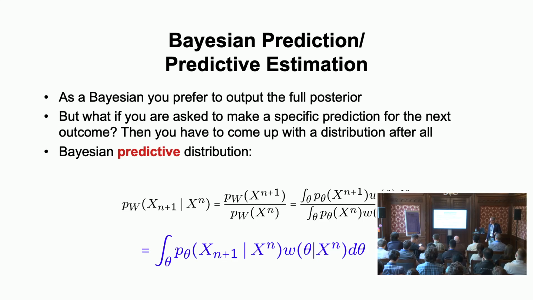This just gives you an idea why something like this you could expect to hold more generally. If you look at these base predictive distributions, so as a Bayesian, you would, for the alternative, use a base factor. The marginal decomposes as these predictive distributions. You can rewrite them as the average probability of the next outcome given the past, but averaged according to the posterior instead of the prior. And because the posterior will become more and more concentrated on things close to the MLE, the maximum likelihood estimator, your Bayesian sequential predictions will look more and more like what you would get if you just took the MLE from the past and used that for prediction.